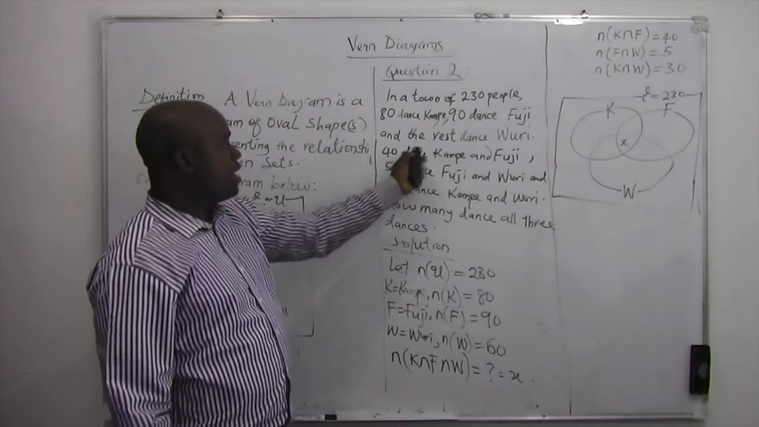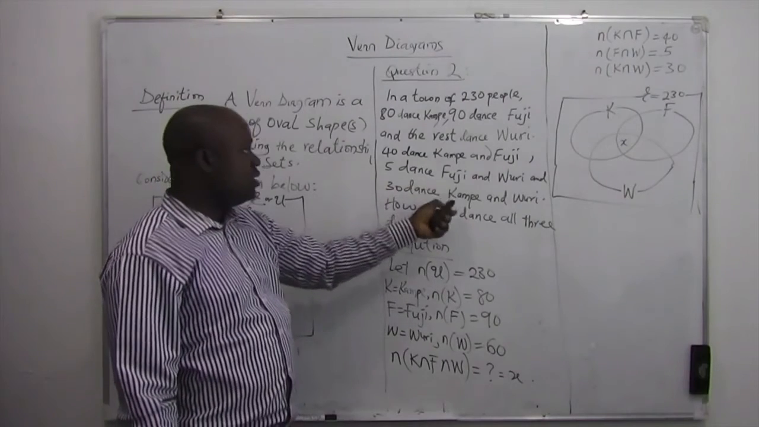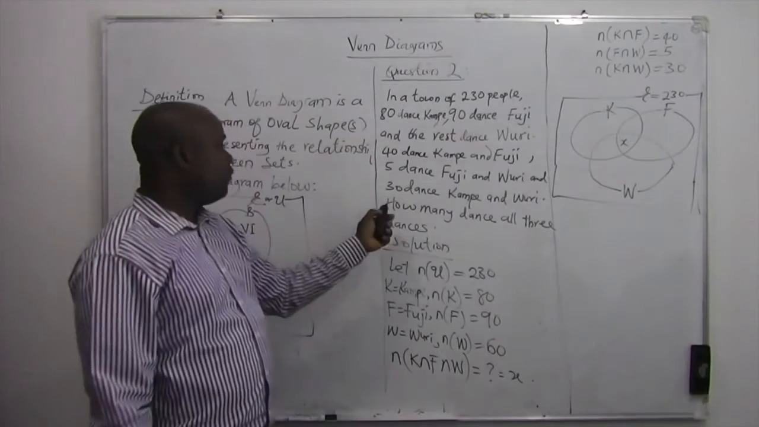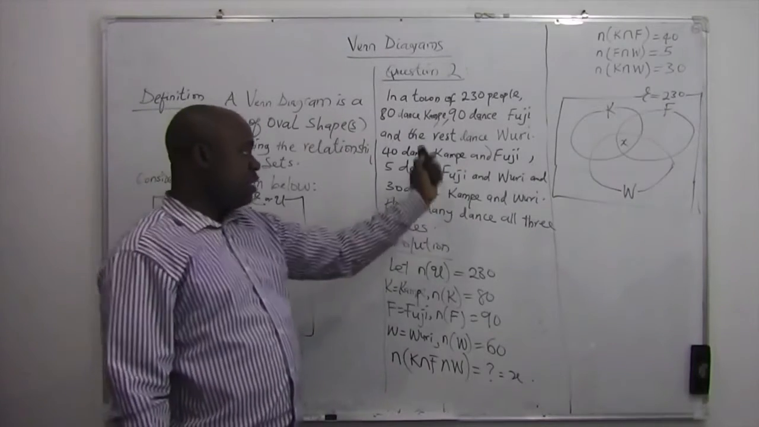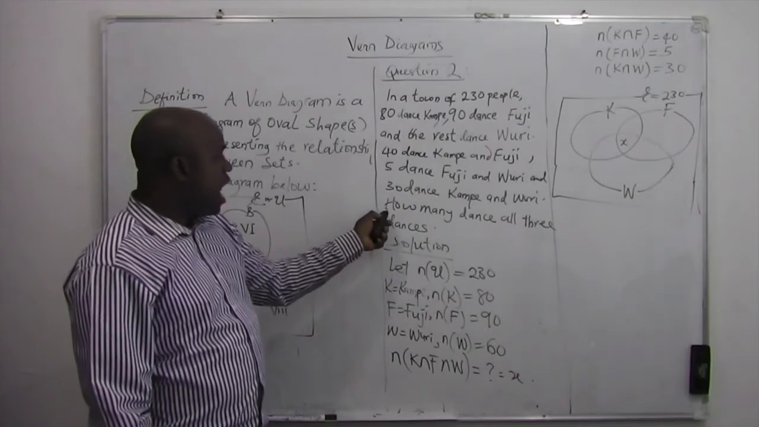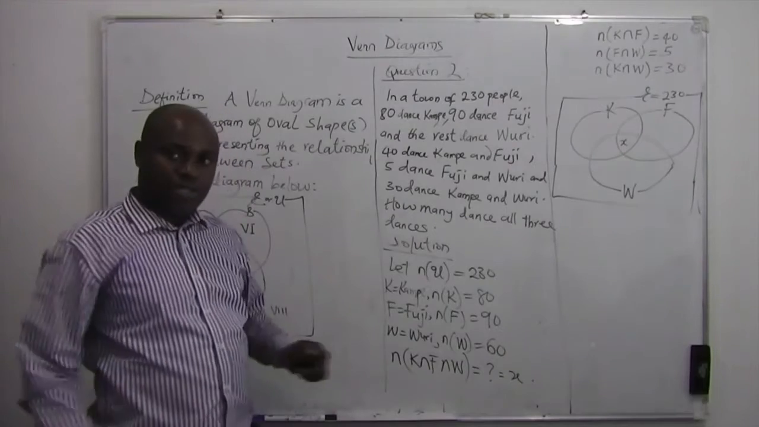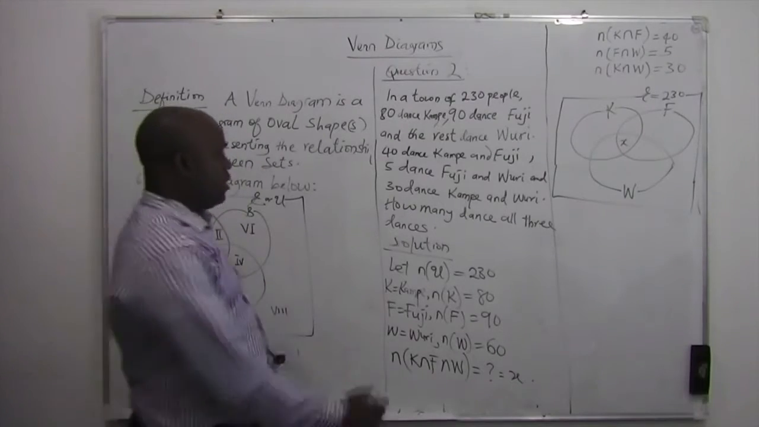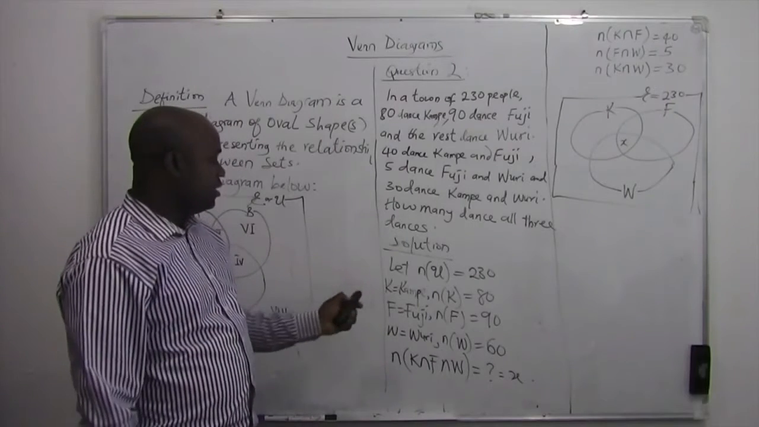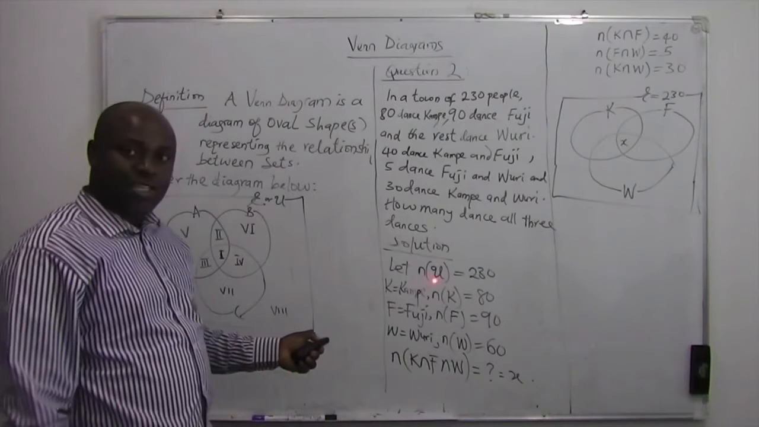40 dance kampe and Fuji. 5 people dance Fuji and Wuri, and then we have 30 people who dance kampe and Wuri. How many dance all 3 dances? That's the question. So in our solution here, we let the number that are in the class, that is n